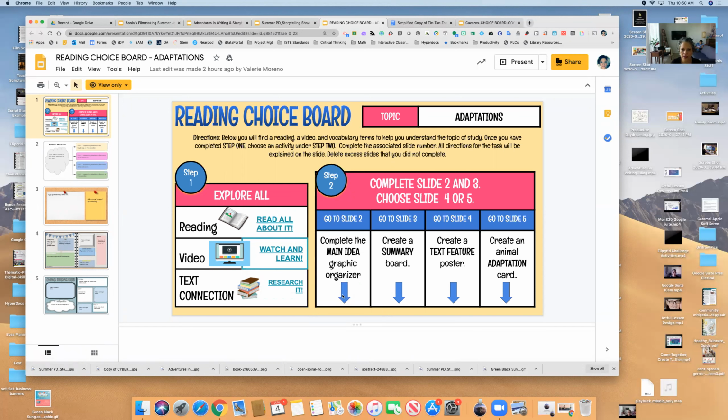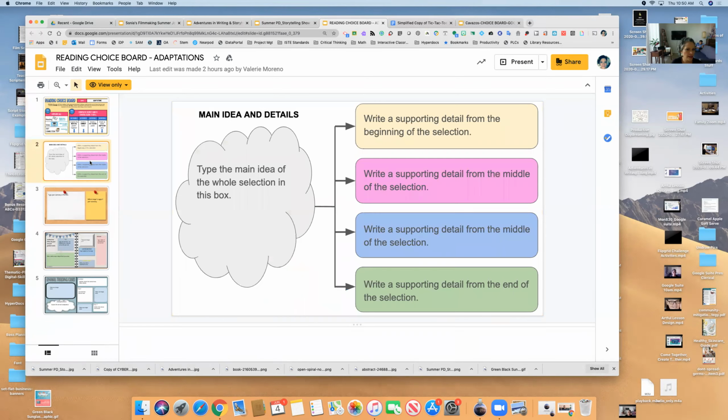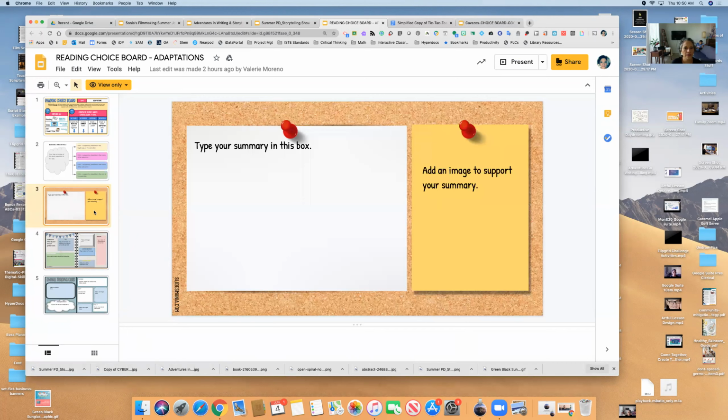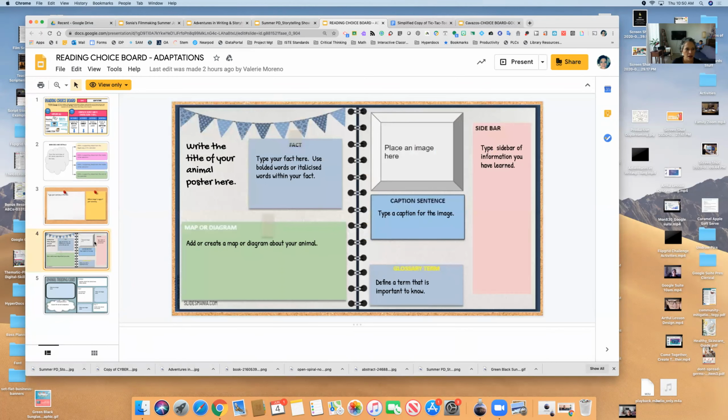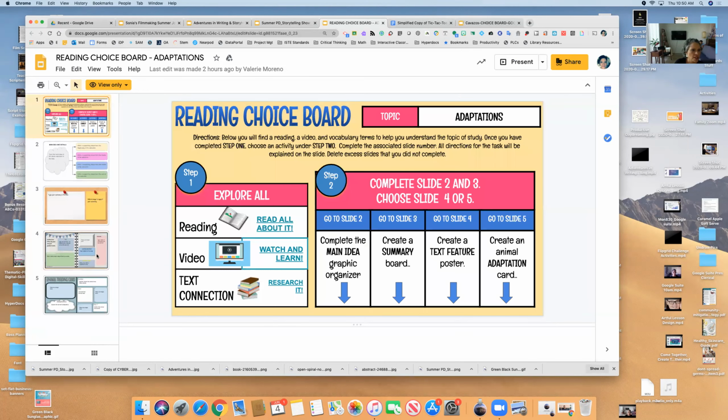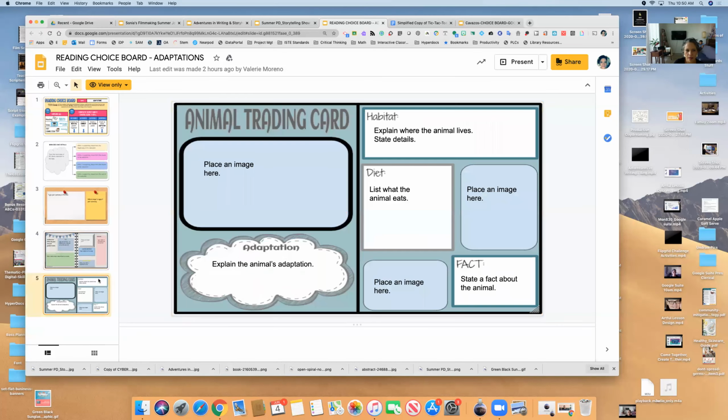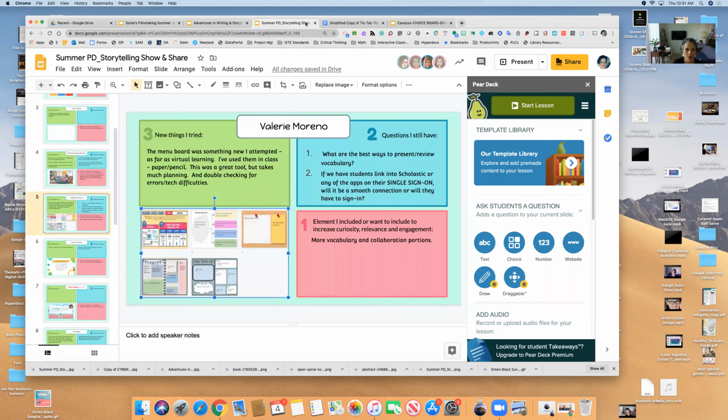And then here is the choice board where she linked the arrows to the appropriate slide. And so you can see here, there's the main idea slide, there's the summary. Here is the, what was this one? The text features, and then animal adaptation trading card. So those are the 4 choices. So just really cool stuff here, and wanted to make sure I share that with you guys.